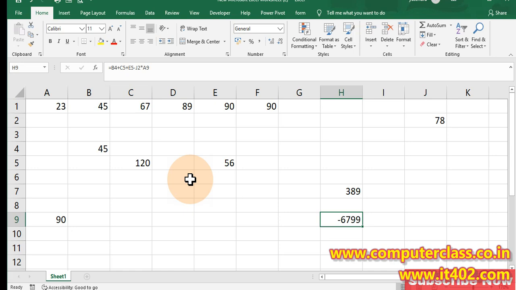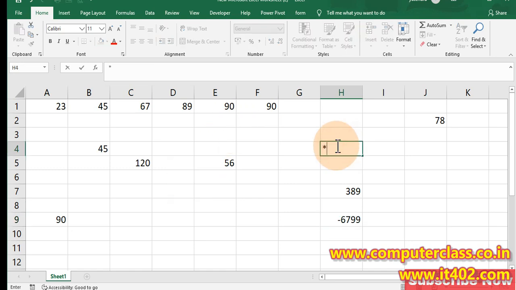If we don't know how to subtract two numbers, we can use the subtract operator, the minus symbol. If we don't know the formula for multiply, we can directly use the multiply symbol. Always start with equal to. Use your first number. You can also put a direct number if your number is not already written in any of the cells.